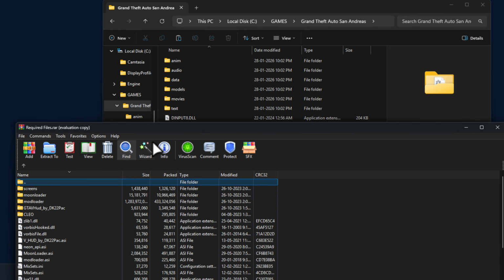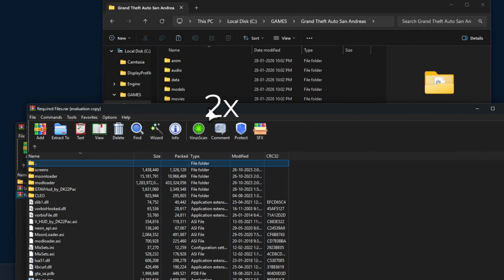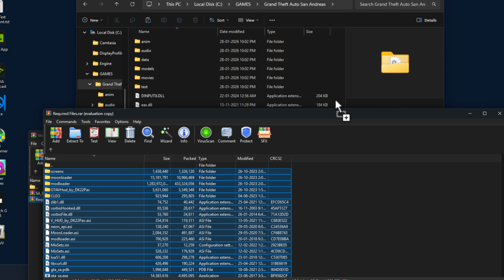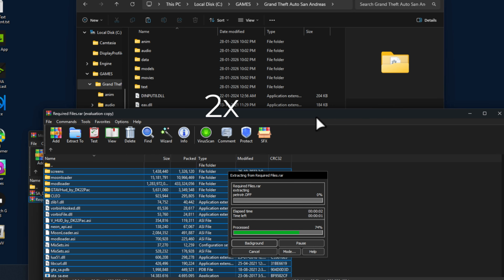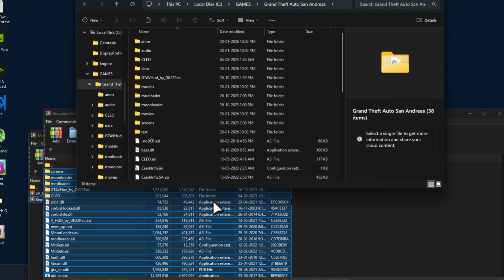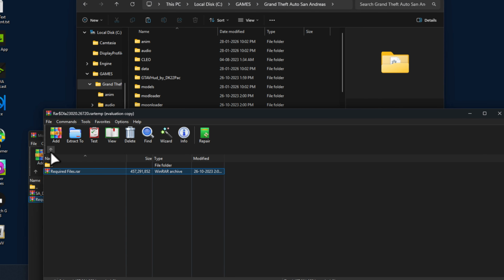open the required files folder, select all these files inside and drag and drop. Replace the files in the destination. Once this is done, go back,